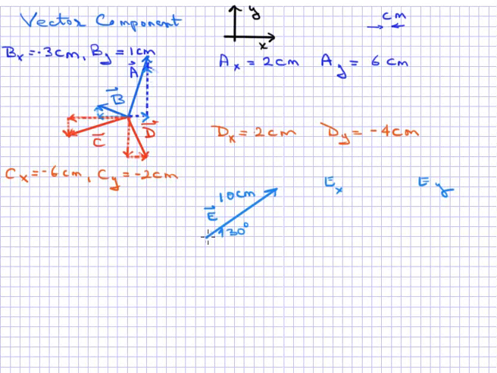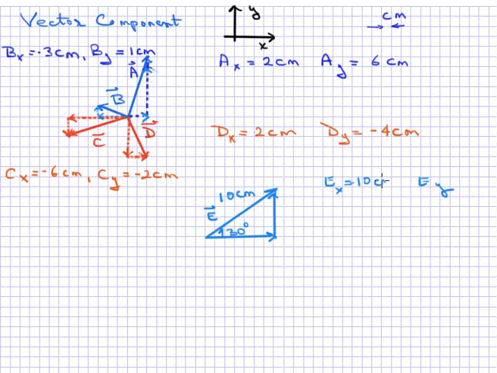I'm going to draw the x horizontal vector here, and then a y vector which added to that horizontal vector will give me my E vector, and now I can see that this is going to be equal to